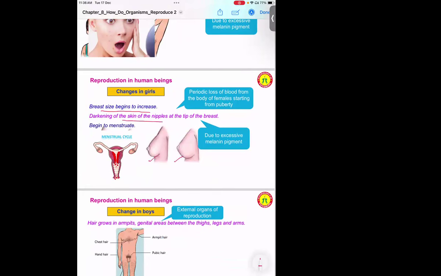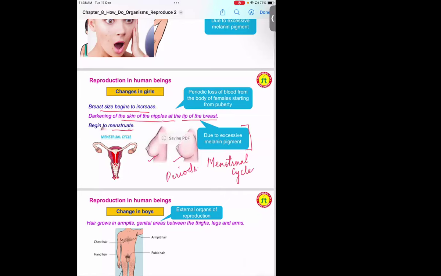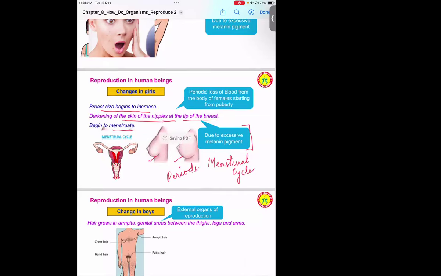Then there is darkening of the skin of the nipples at the tip of the breast due to the melanin. Also, girls start to menstruate, which basically means the menstrual cycle starts occurring in their body. In daily life we call it a period. So the girls will undergo periods, where there is a loss of blood from the uterine wall